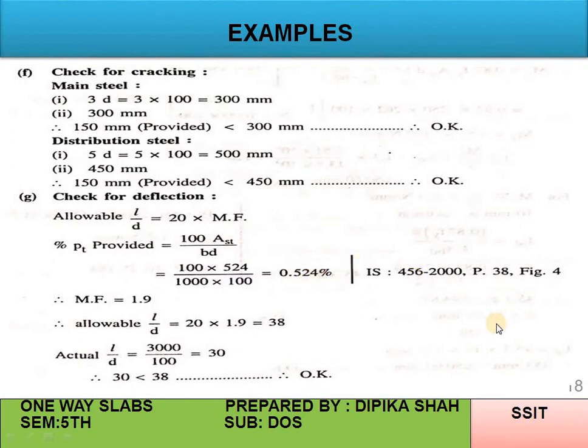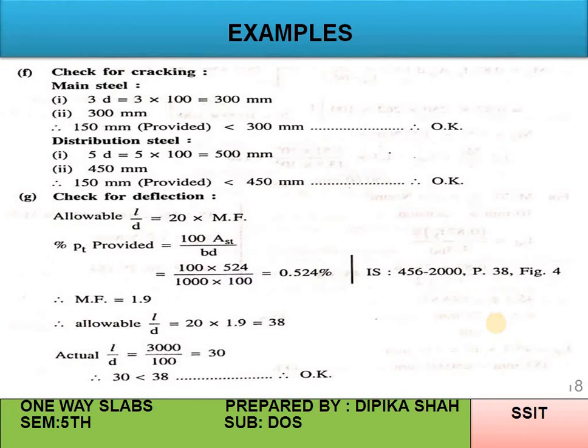We will find the MF from figure number 4 given in IS 456 page number 38, that we have seen in a previous lecture, how to find MF from this figure. अगर आपको किसी को भी प्रॉब्लम है MF फाइंड आउट करने में तो आप मुझे डायरेक्टली कॉल कीजिए, मैं आपको समझाऊंगी. आप प्रीवियस लेक्चर भी देखिए जिसमें मैंने वो कटिंग भी रखा है IS 456 पेज नंबर 38 का, जिसमें से आपको वो फिगर दिखाई दे रही है और मैंने एक्सप्लेन किया है कि हाउ टू फाइंड आउट MF फ्रॉम दैट.